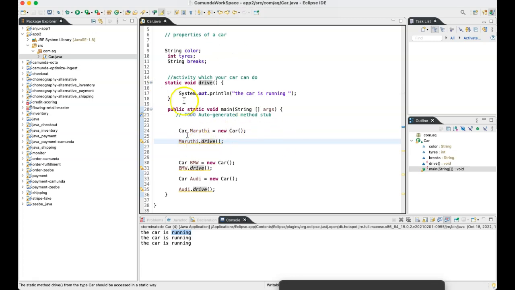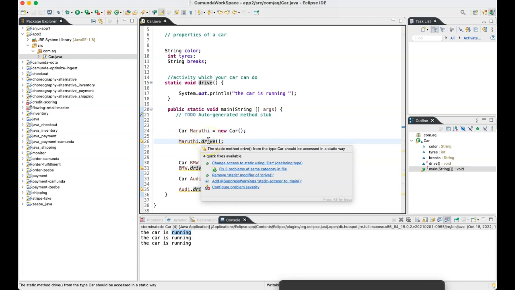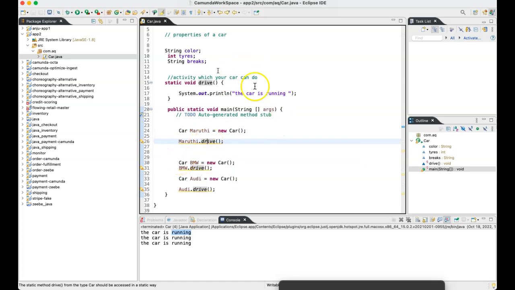Okay. What we did, we created a class. And then inside that class, once we declared what are the properties of that class and what it can do, we created objects for that class, right? Is this the class we created, car? Do we agree? Created that, and then we are saying, okay, hey, give me 3 new cars, and one is Maruti, one is BMW, and one is Audi. And then on top of it, we told, okay, call this drive method. That's what the system is doing. It is telling Java, hey, create me a class.